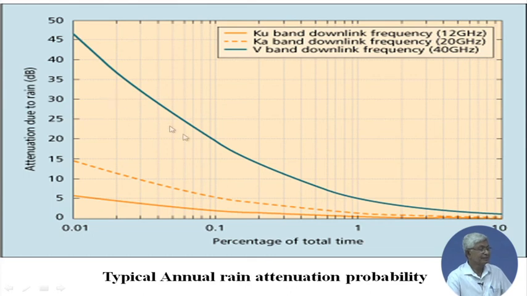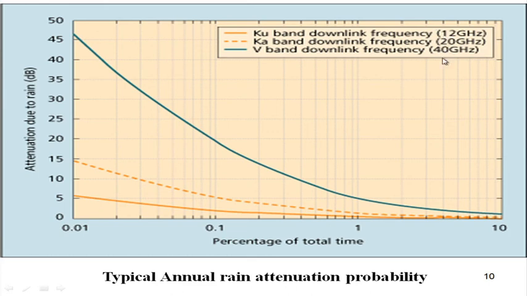Now, you can see the curve here. There are 3 different frequencies, that is 12 gigahertz, 20 gigahertz, and 40 gigahertz. 3 curves are shown, and for these 3 curves, the total percentage of the time of average year is on the x-axis and the attenuation due to rain in dB is plotted. Let us take the very dominant one, the 40 gigahertz one, which is this blue line. You can see that for 1% of the average year, that is 3.65 days, the attenuation is 5 dB,